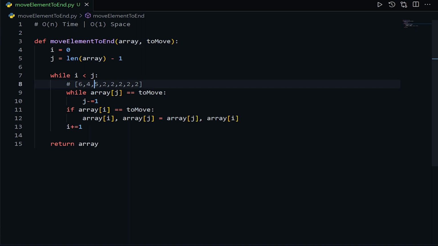At this point j is less than I, so it should break, but we are in the loop, so it will execute fully. I is here and j is here. I is equal to 2, so we swap again. So it becomes 2 and it becomes 5. After that, I increments and this time j is here and it is less than I, so it breaks.